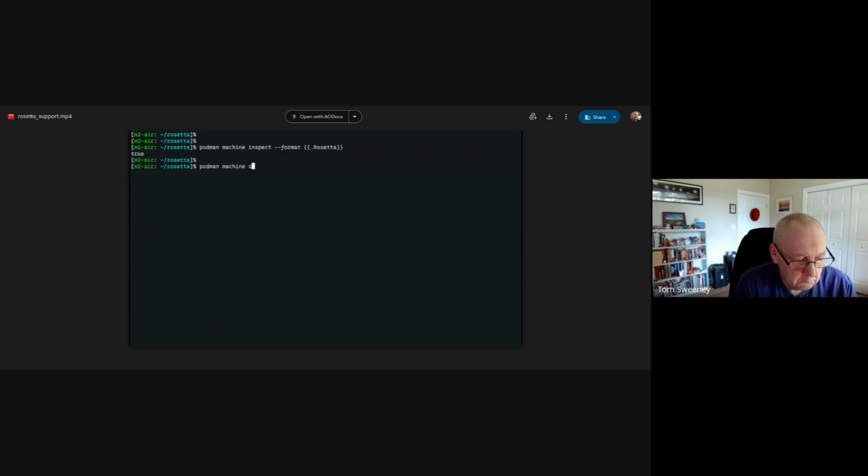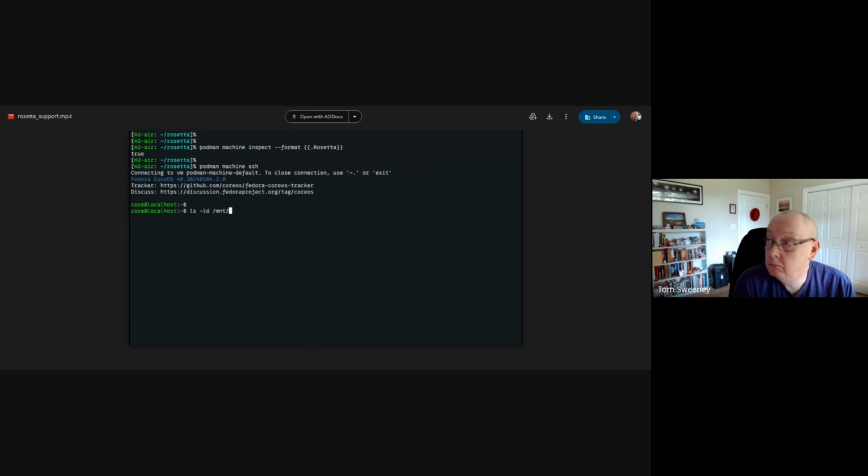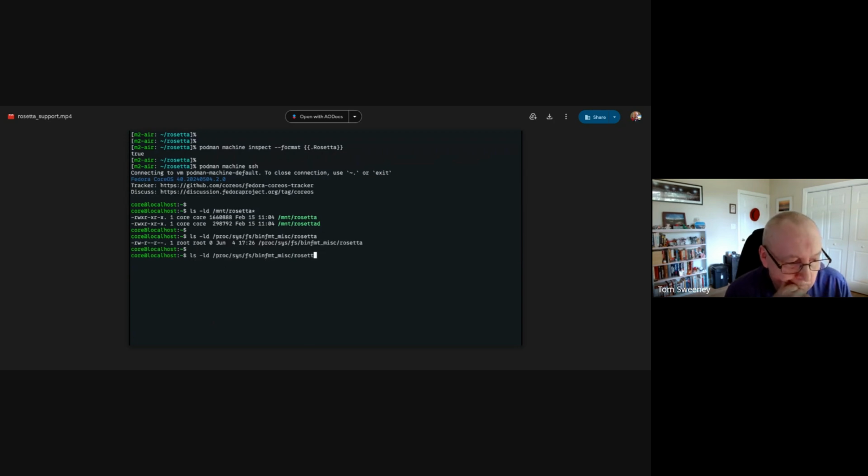SSH into the Podman machine to check the Rosetta mount. It is correctly registered. As expected, QEMU x86-64 is not present.